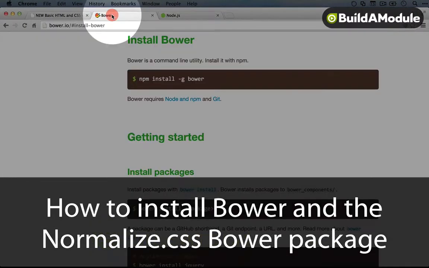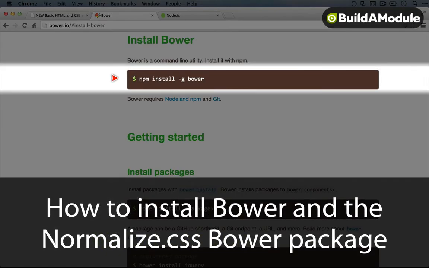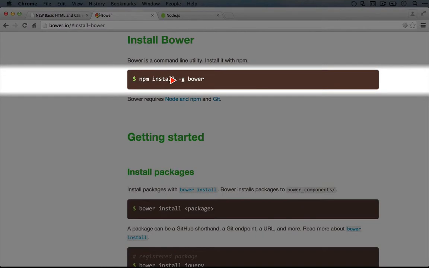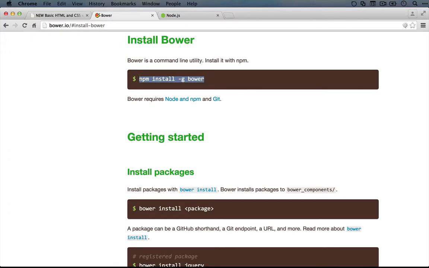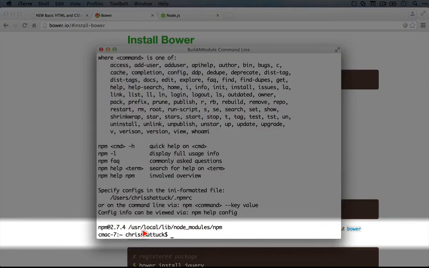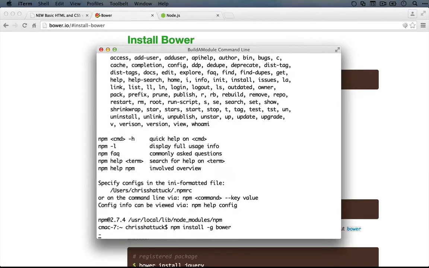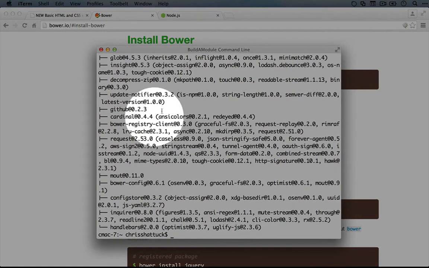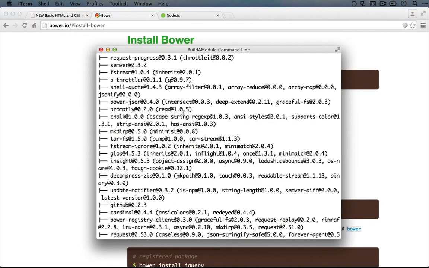So again, let's go back to the Bower page here, and let's copy this command, npm install -g Bower. Copy it. I'll jump back to the command line. I'll paste it in, and I'll hit enter. All right, we'll get a bunch of text, and you might want to scroll up to get a sense of